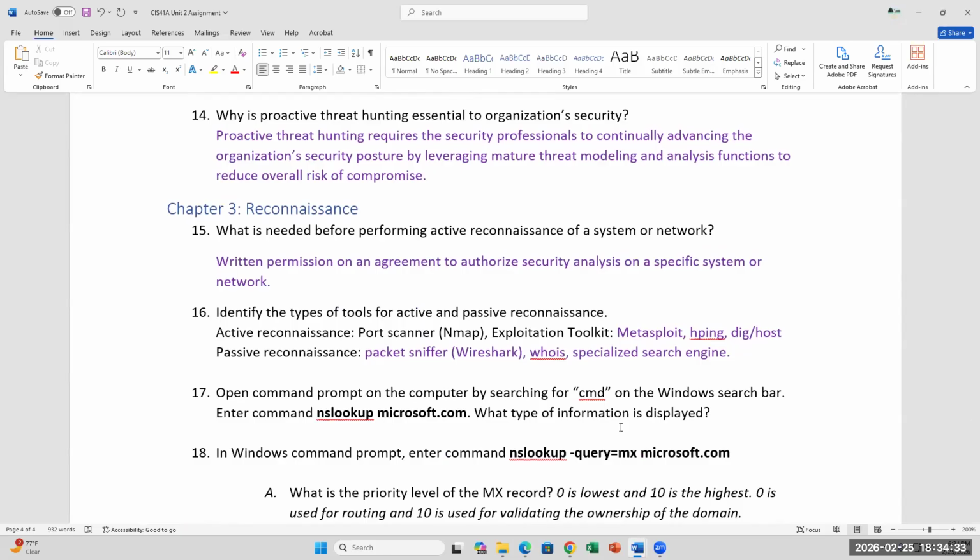Okay, so what is needed when you are performing active reconnaissance on your system and network? Recon is going to tell us a few things, right? What are the vulnerabilities we're facing? What kind of threat are we facing? And so, gathering information. Before you do any active reconnaissance using any tool like Nmap, make sure that you have written permission that authorizes you to do the analysis